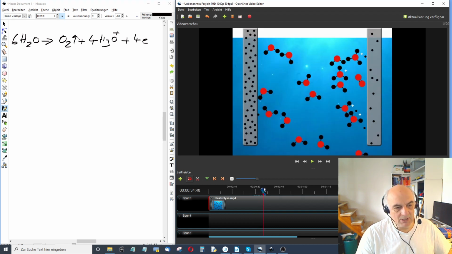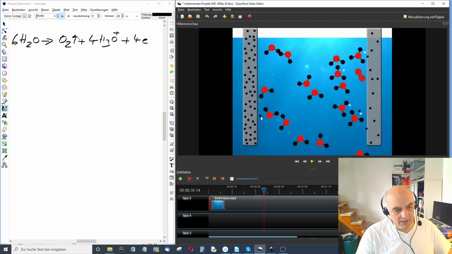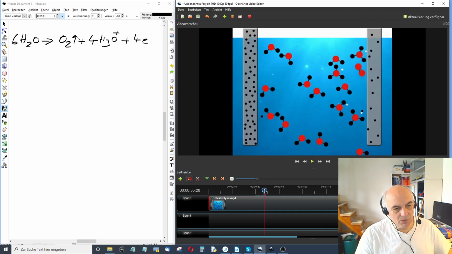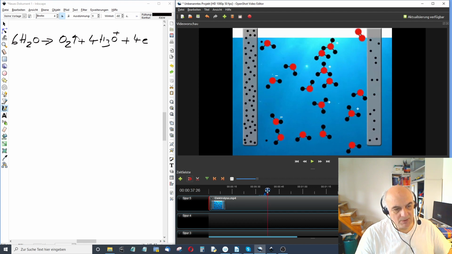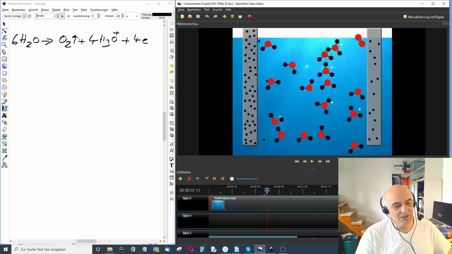Now at the same time, what happens on the other side is, you can see it here, an electron, like a torpedo, jumps to one of the water molecules, and it bumps it. It bumps the water molecule, and the water molecule loses its H again. It's H plus, or I say the H, the hydrogen,